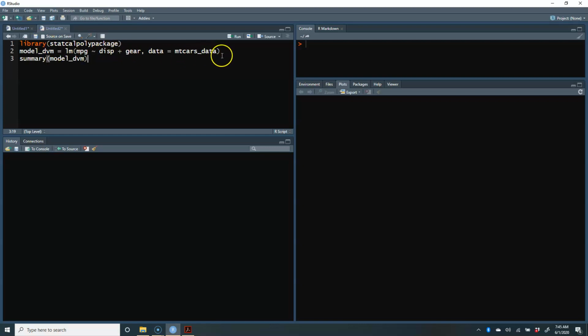This code allows us to actually run a linear model, lm, and I'm just going to name this model DVM, and my response variable is always on the left hand side of my tilde. Okay, so this response variable is miles per gallon. I have a quantitative variable, which is disp,